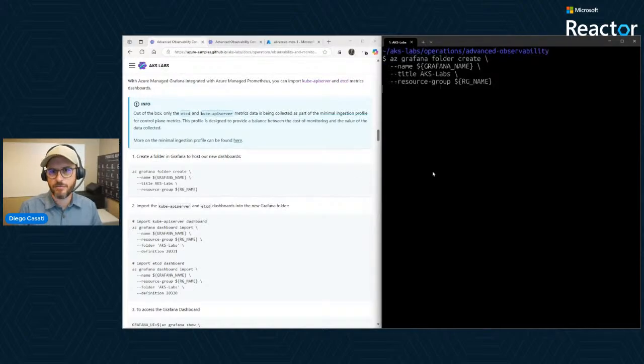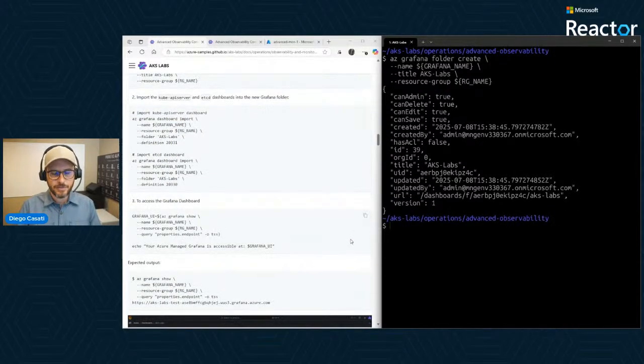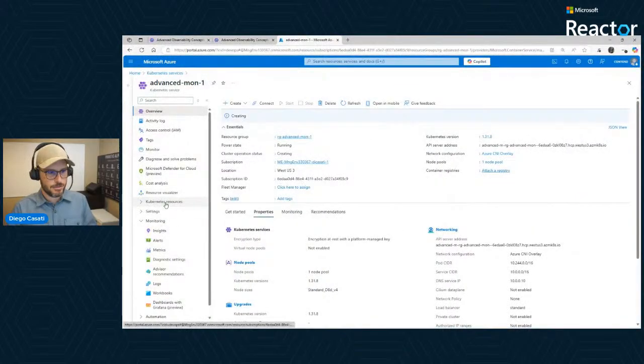Okay, so az grafana folder create, the name of your Grafana instance, the title, and then the resource group. And then after that, we want to do a couple of things. One, we want to import the Kube API server and the etcd dashboards into this new Grafana folder. Before I do that, though, let me show you something. If we go into Monitor,